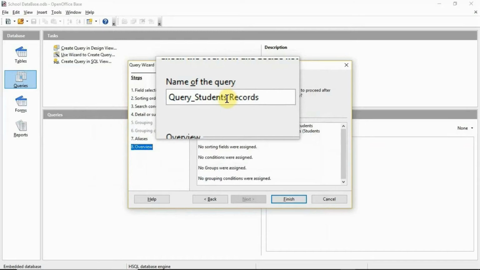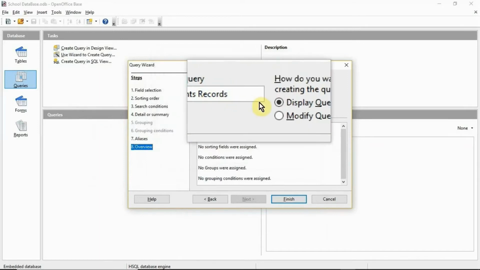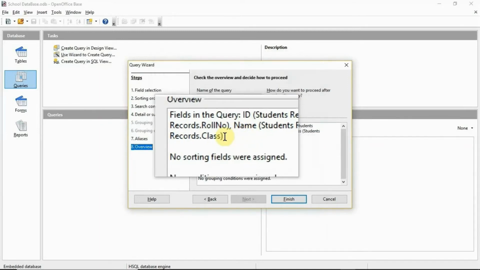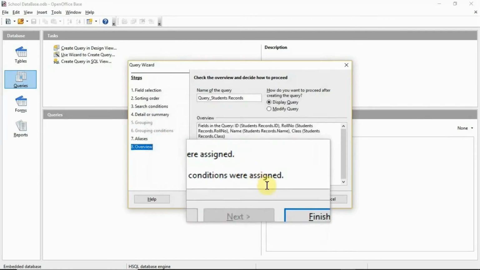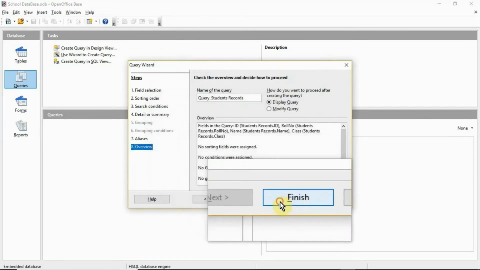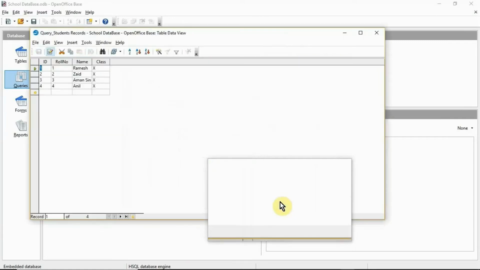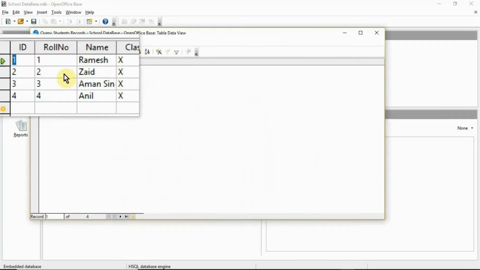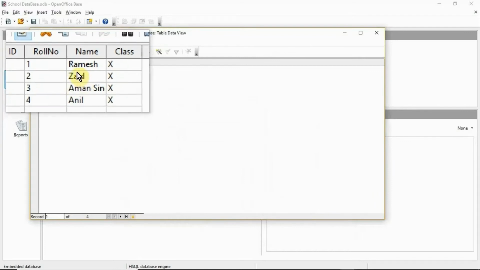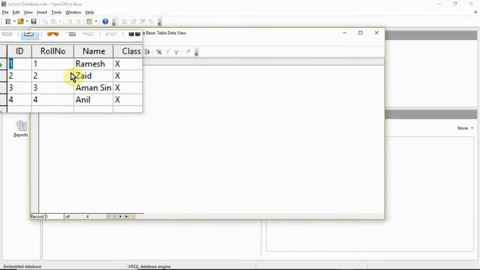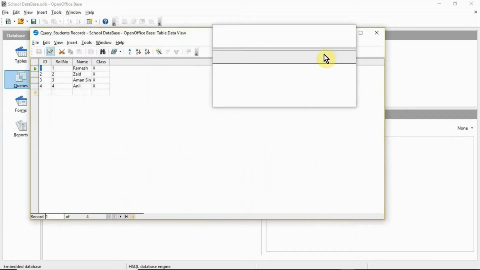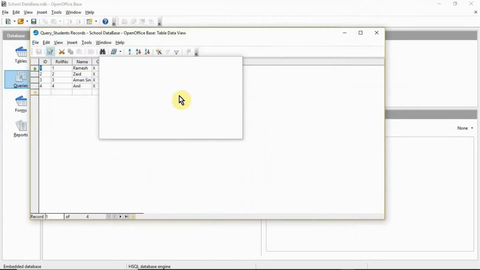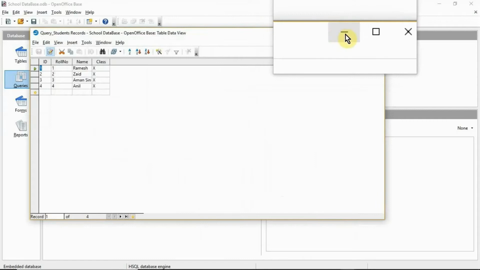So here type the name of the query and then click the Finish button. Query is created. And then close this window.